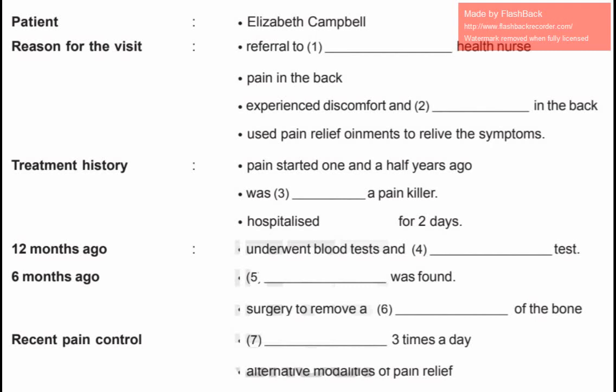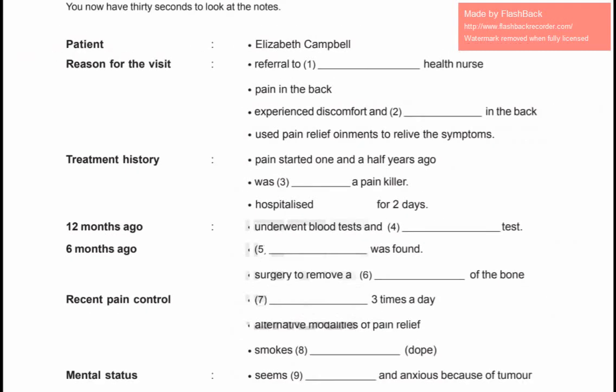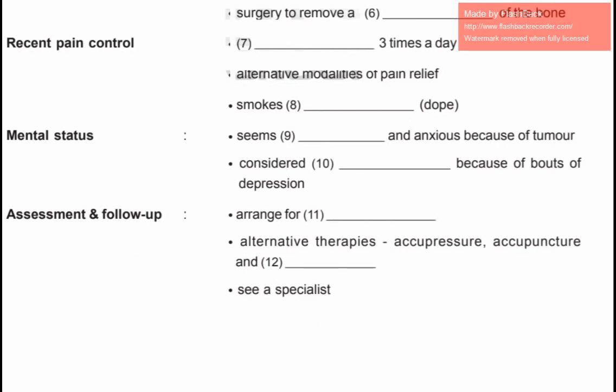And I was also told the tumour had spread to my liver and my lower back. That was very sad, and I was worried about it. So you said you were in terrible pain. Were you given some medicine for that? Yes, I was. Pethidine 3 times per day, and some alternative modalities for pain relief. I tried acupuncture for, say, 2 months, which I discontinued later. So you felt that was not working? Yeah, it was not. Did you do something else for the pain? Yes, I did, and I am still doing it. I smoke marijuana. Yeah, dope. Okay. So that's not the ideal thing you should be doing. I understand, but...